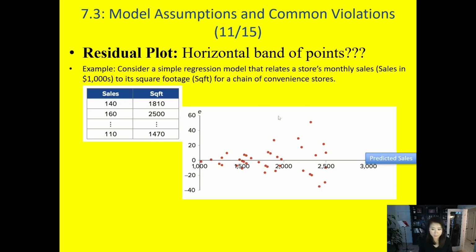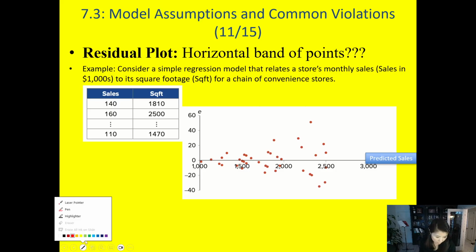Okay, so look at this example. We look at a simple regression that relates the store's monthly sales to its square footage. After we run the regression, we are able to obtain the residual plot. The vertical axis is the residual, and the horizontal axis is the predicted sales. As you notice, instead of a horizontal band,